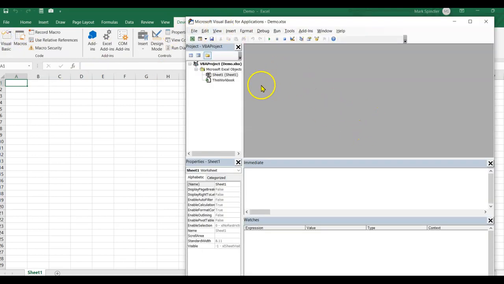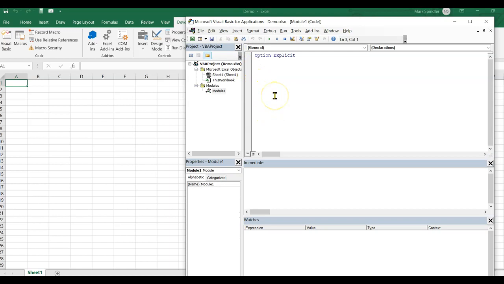If you see a blank gray screen, that means you need to insert a module. So click on Insert and click on Module. And now we can write the name of our first mini program. These mini programs are called subroutines, sometimes shortened to sub. Sub means subroutine, and that just means a bunch of lines of code that will go from start to finish and then stop. So the start of your code is Sub, then let's call our code Demo, D-E-M-O, and